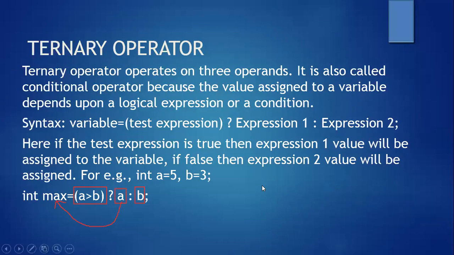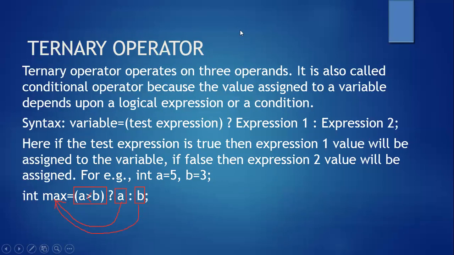Okay. Now assume I write A is less than B. What's the value of A? 5. What's the value of B? 3. I'm changing it just for the sake of explaining, assume this sign is not greater than but less than. Now what will happen? Is it true? No, because A is 5 and B is 3, so 5 is less than 3? No. So this condition will come out to be false. Since this condition is false, the value of B will get stored in max. So the value of max will be 3.